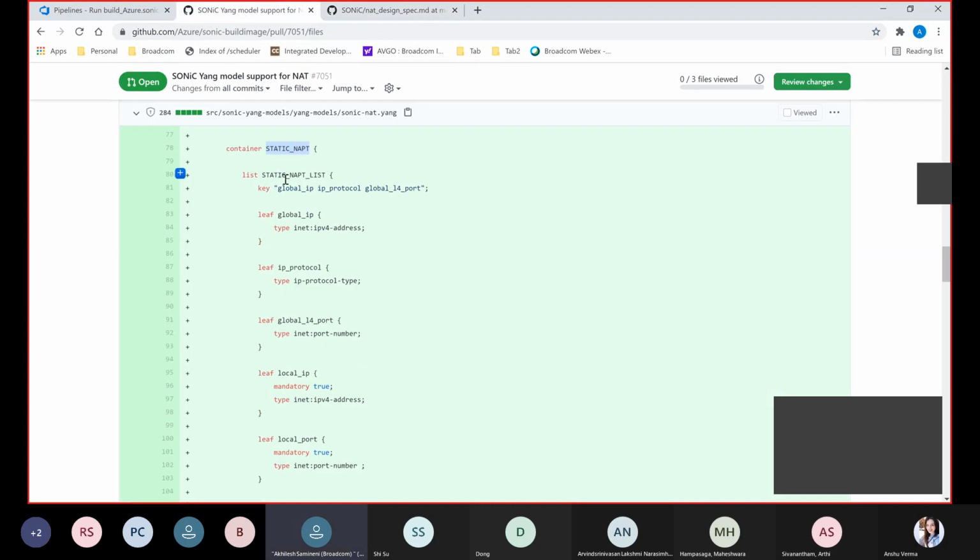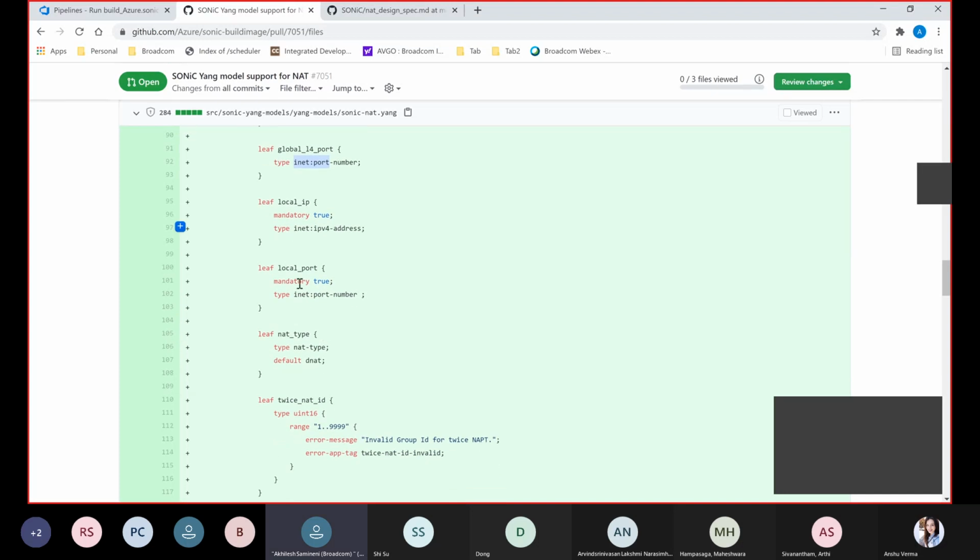For static NAPT, we can see the static NAPT list, and the key is of type global IP, IP protocol, and global L4 port. And global IP is a single IPv4 address here, and L4 protocol is UDP or TCP, and global L4 port is INET port number.